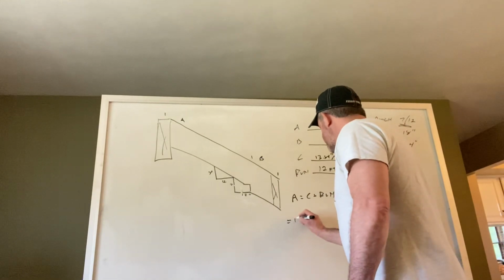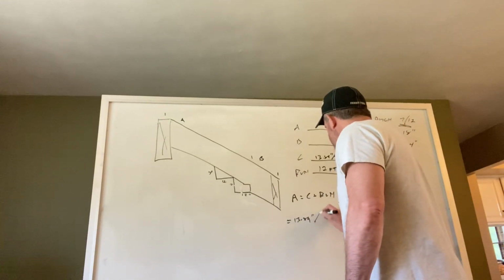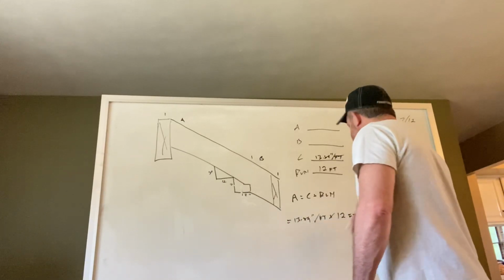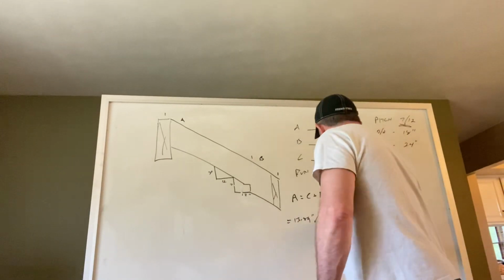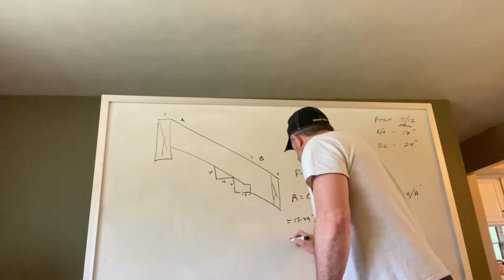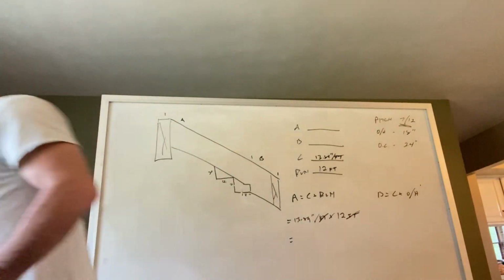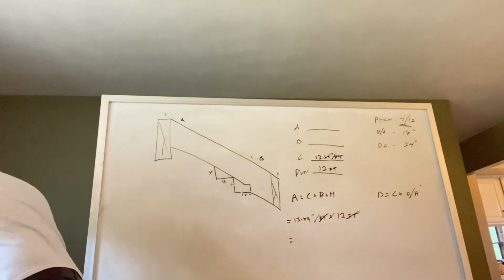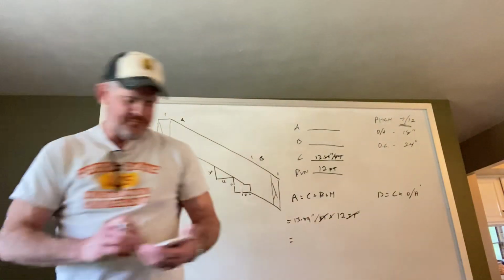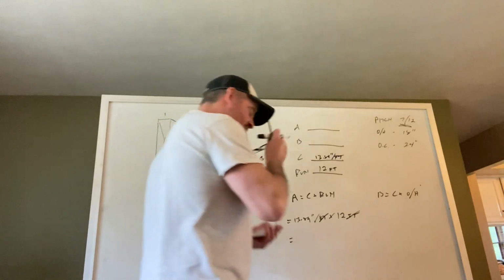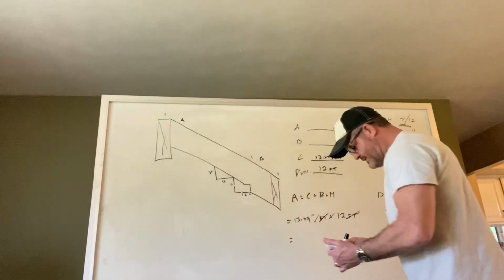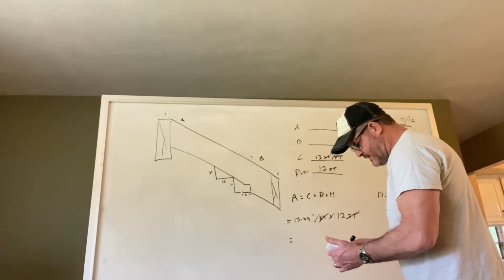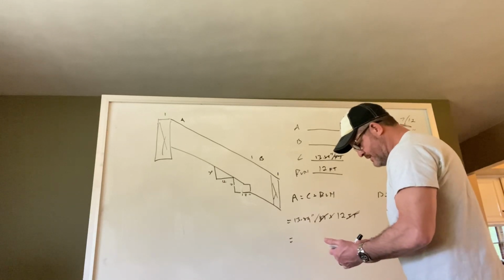So 13.89 inches per foot times my 12 foot, equals, my feet are going to cancel. And I'm going to get, again, everybody should be doing this with me, not just watching me do it. You should be doing it on your calculator. Equals